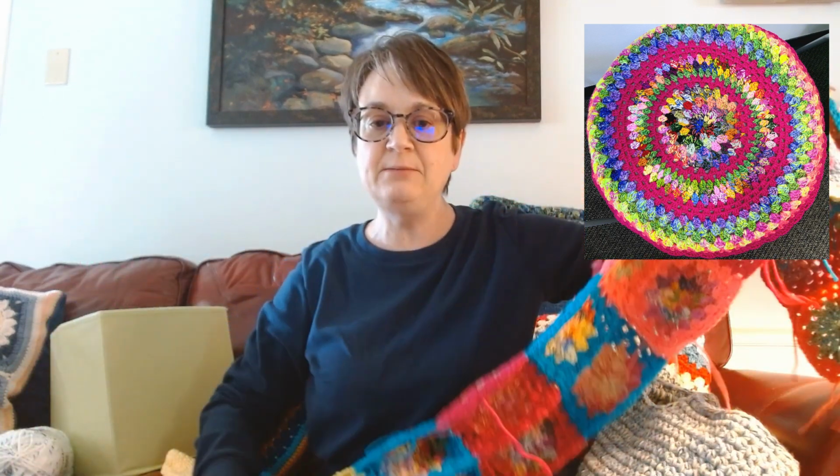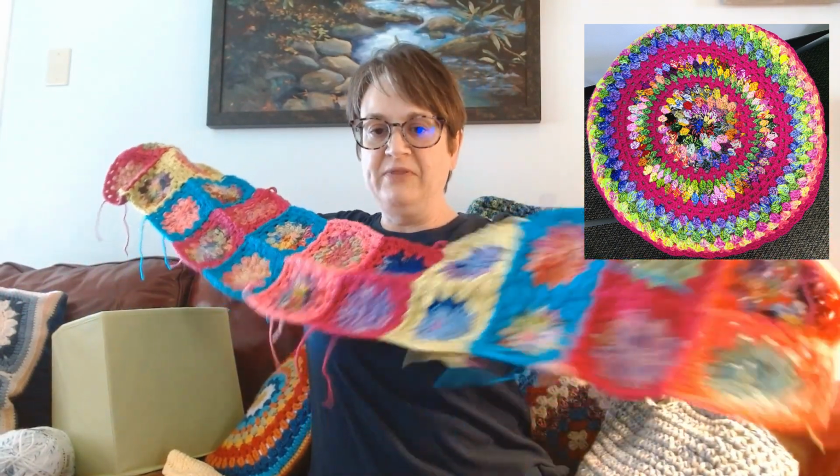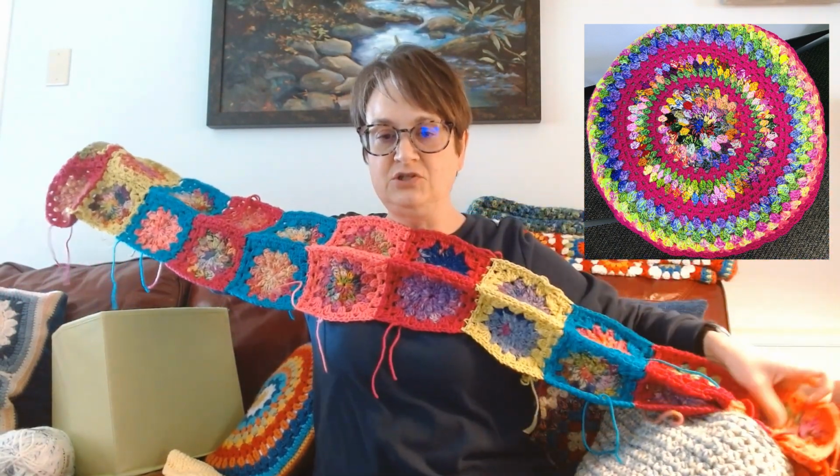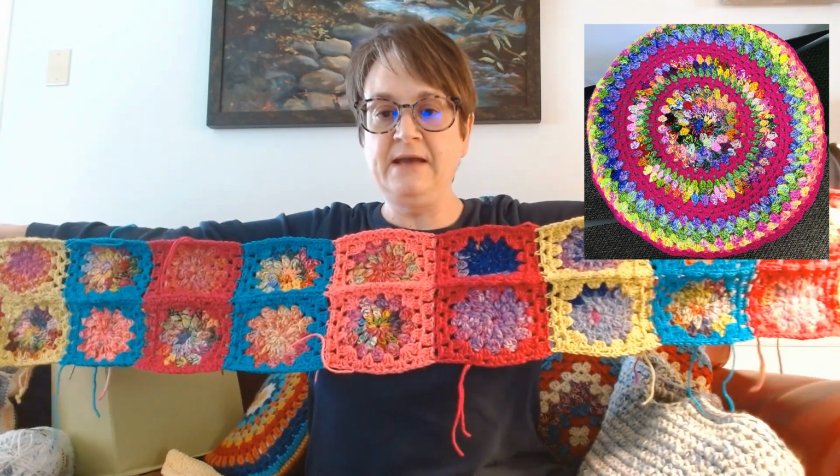It goes on a little table at work. I kind of rearranged my office, and if I can't insert the picture here, I'll insert it at the end, but I'll try and get it in there so you can see the mandala. But it's at the office, and this was going to be a table runner to go on the other side of the office on a table, but then I moved the table and decided not to do it. So this is just kind of hanging out